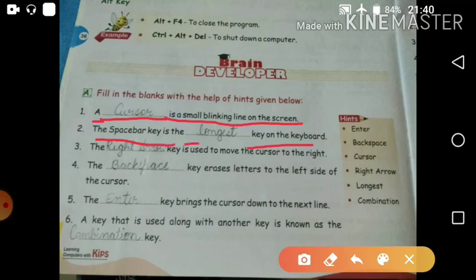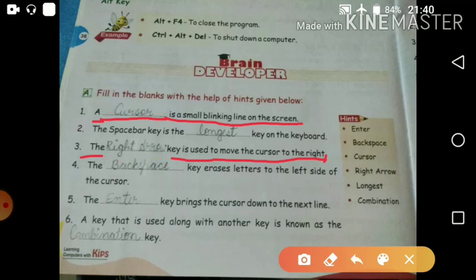Longest. Then third, the dash key is used to move the cursor to the right. Right arrow. Capital RIGHT,